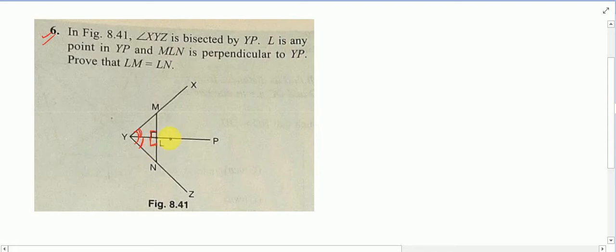Done. We have to prove that this LM will be equal to LN. Okay, so in order to show that, we have to show that this triangle is congruent to this triangle. Okay, so solution: